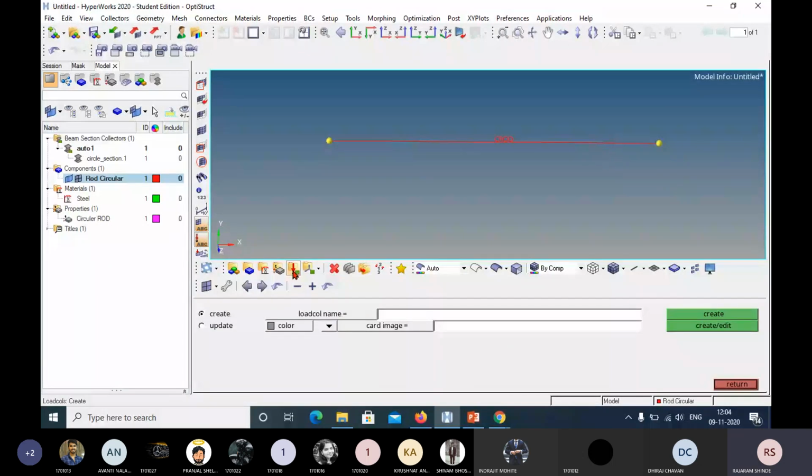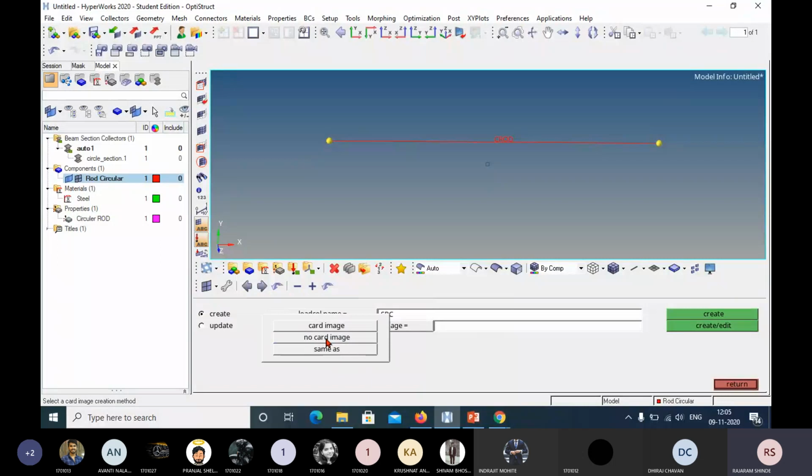You enter the name for that. Now for constraint we will give this SPC name. SPC means single point constraint, because we are constraining only one point. It is the name from industry. Now I will change the color for it. I will make it blue. Now it should not have a card image.